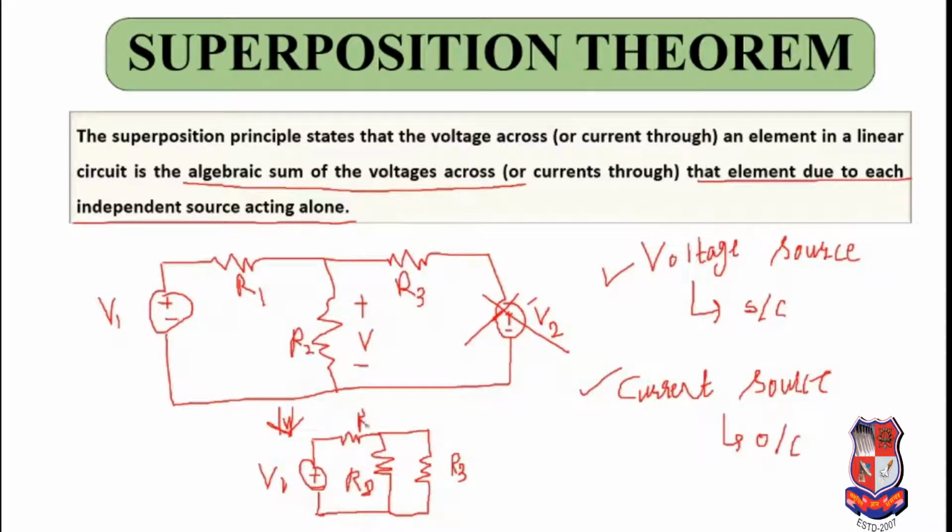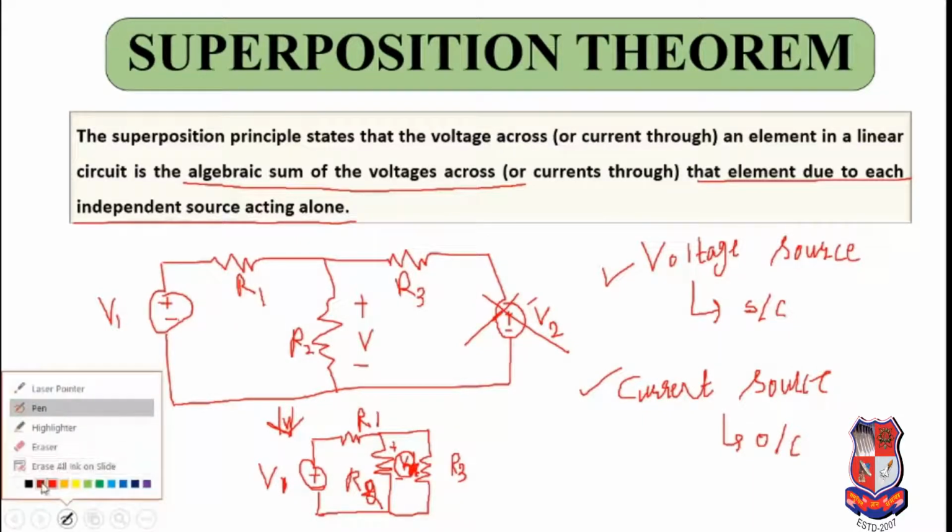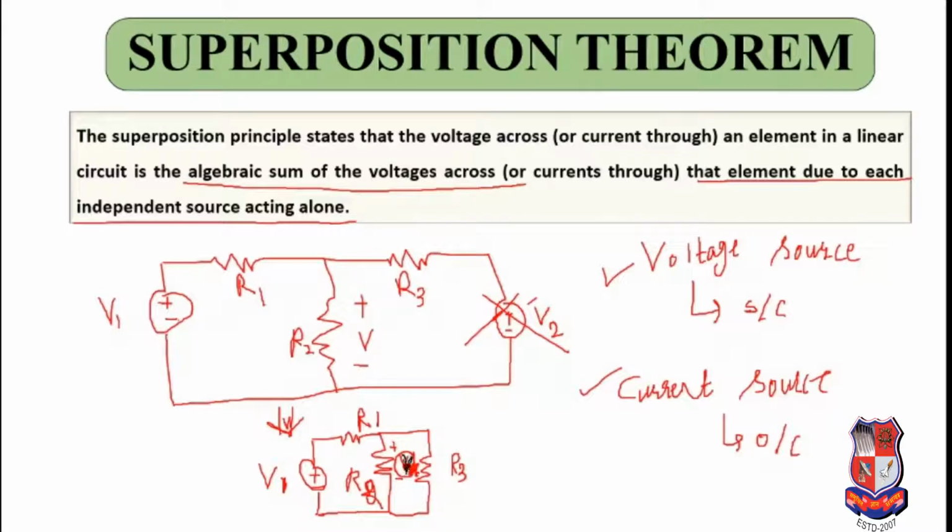This is your first case, and now if you are told to find V, you have to find the voltage across this resistance R2 and name this as V1. Suppose we name this as Vx, not V1, because V1 is already over here. Let me change the color so that it is visible. So I am naming this as Vx. Now in the same way we will solve this circuit again, but now for the other voltage source.